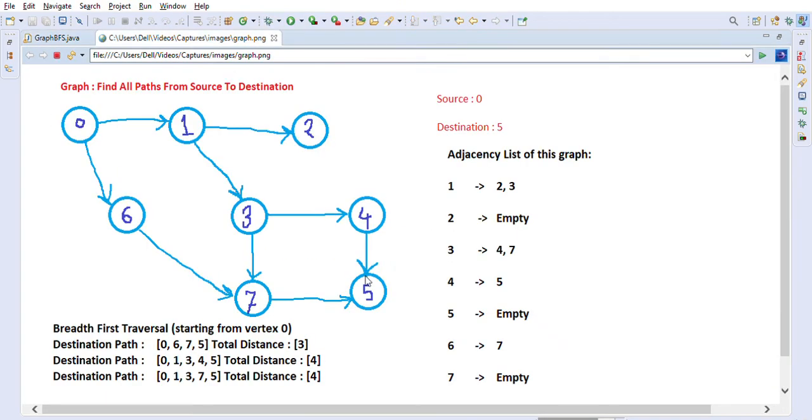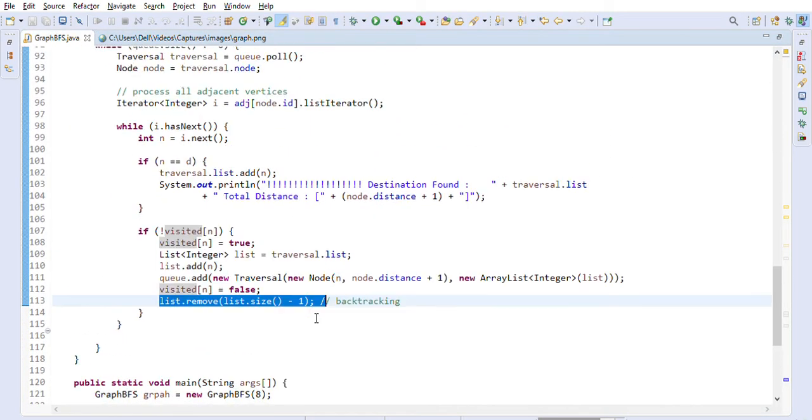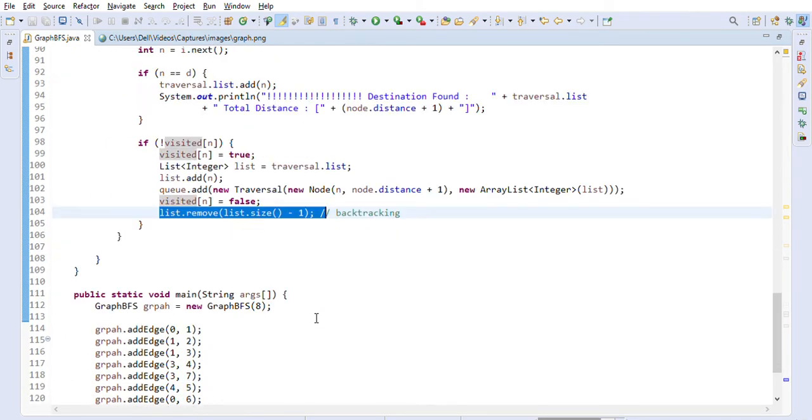Which is called backtracking. For example, if we added 5, then we will remove it, then 4 we will remove, then 3 we will remove, and again now we will continue from 3 to 7. So that is called backtracking, basically. So we will remove the lastly added node, which is 5, then we will remove 4, then we will go to 3. Now from 3 we will start checking with other elements like 7 and 5 basically. So that is the way BFS works.